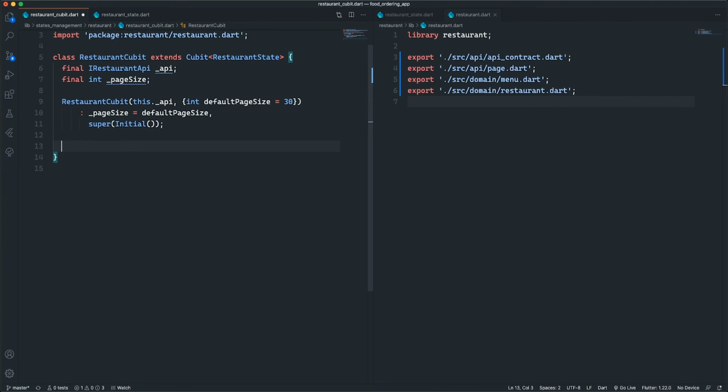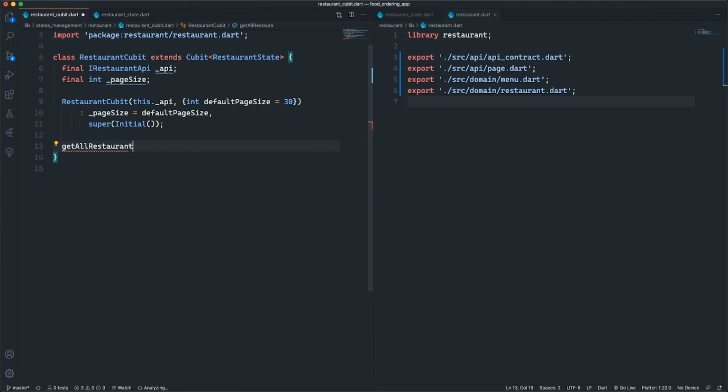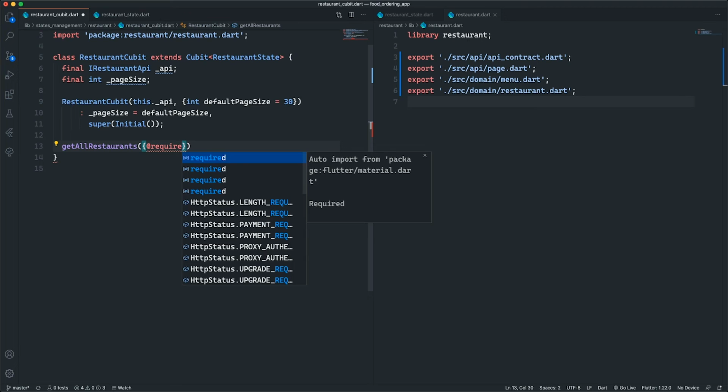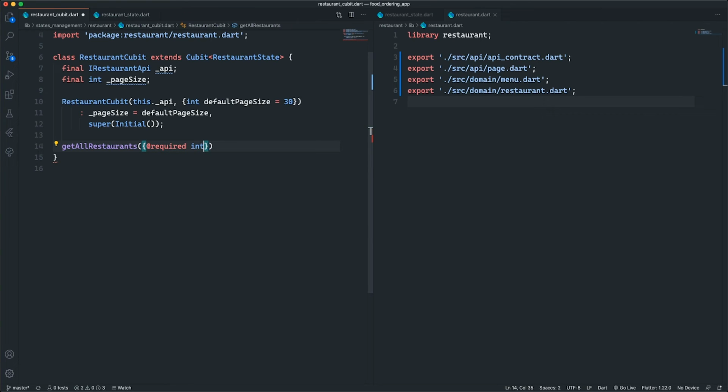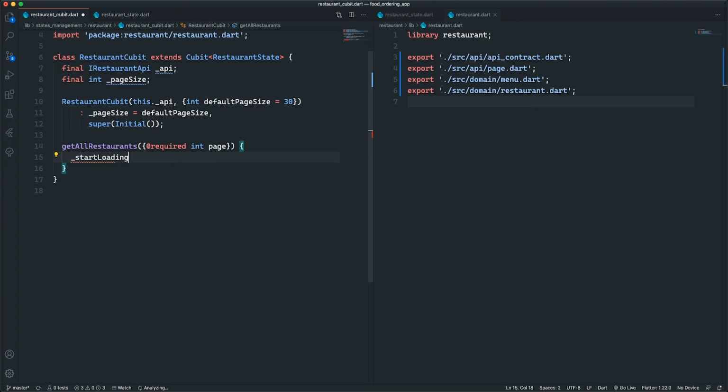So the first method we want to look at is the get all restaurants method, and this will accept the page or the current page number. So page, and then the logic is as follows: start loading. I'll create these methods shortly. Start loading, then I'll fetch